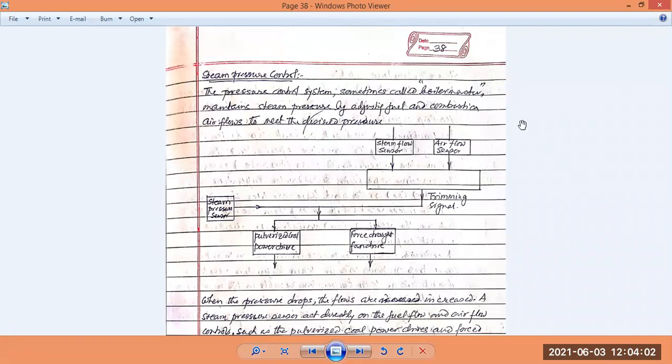The steam pressure control. The pressure control system, sometimes called,